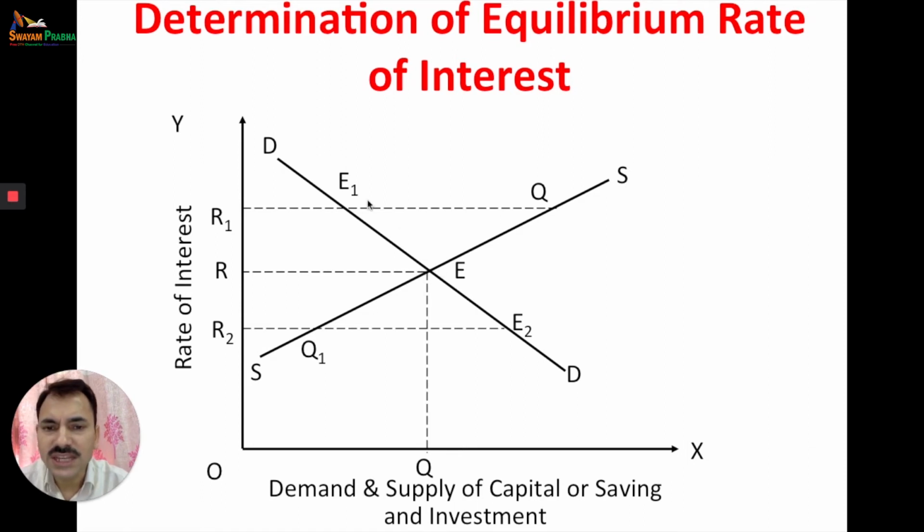According to this theory, there are some market forces. If the rate of interest increases, then demand will decrease, but supply will increase. But to increase the demand, there are market forces which will decrease the rate of interest, and it will be at the equilibrium point, point R. But suppose the rate of interest decreases, then because demand is now high, there are market forces which will increase the rate of interest, and again there will be the equilibrium point. The equilibrium point will be again at point R. So according to classical theory, the point where demand for capital is equal to supply of capital is the point of determination of rate of interest.